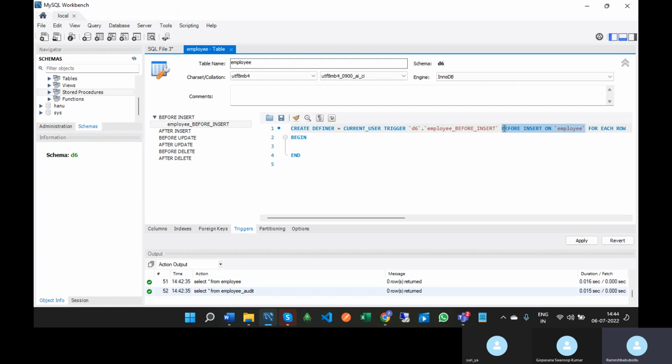As its name itself says, before inserting into the employee table, whatever logic you have written will be executed. After insert means, after inserting into the particular table, whatever logic you have written will be executed. Like that, before update, before delete, after delete. So here I am going to write